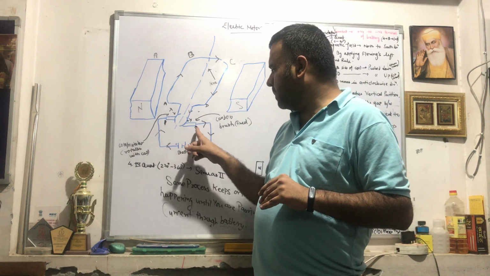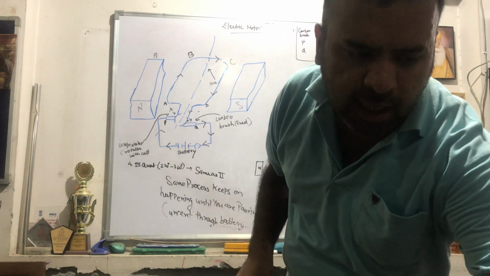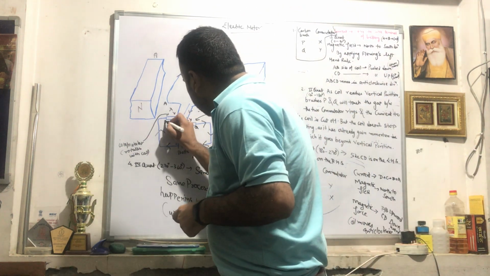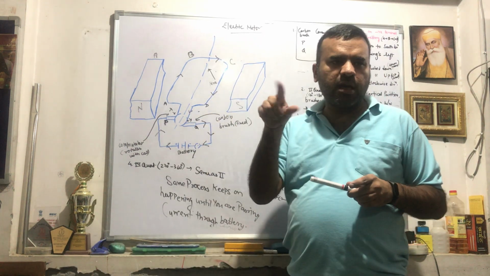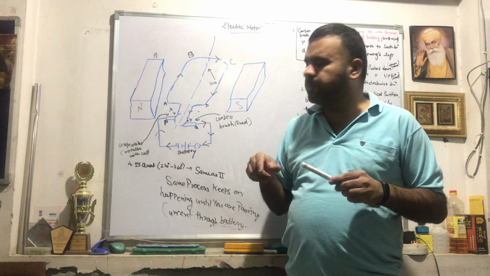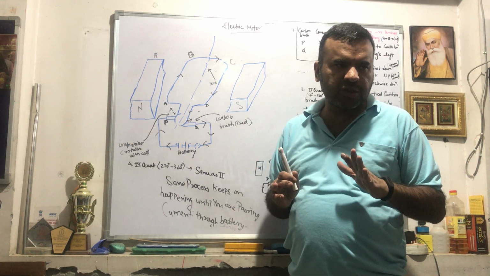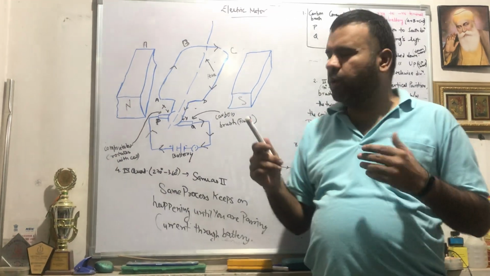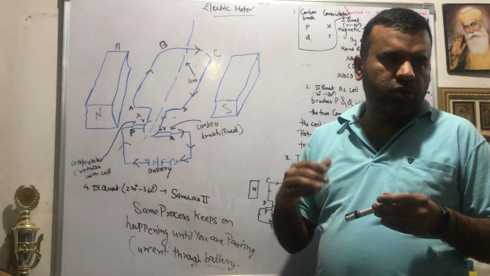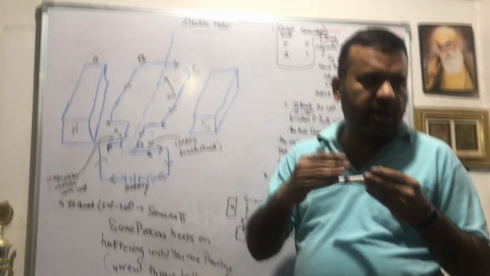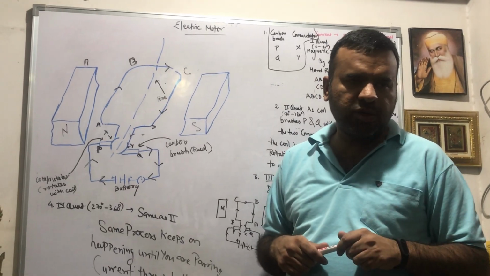Next we have capital P and capital Q. These are carbon brushes. They are in connection with this commutator, but this commutator rotates as the rectangular coil rotates, but carbon brushes remain fixed. Another role is to stop the twisting of wire, so that the wire doesn't get twisted and break up. To stop that kind of thing, we are using carbon brushes.